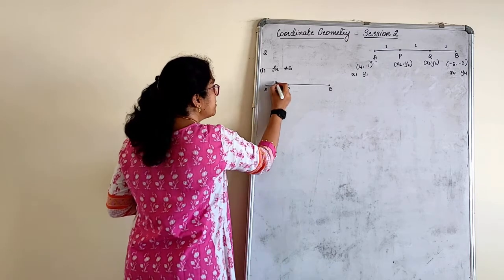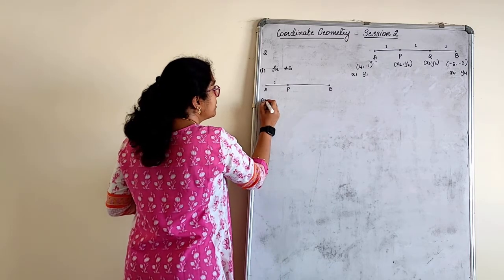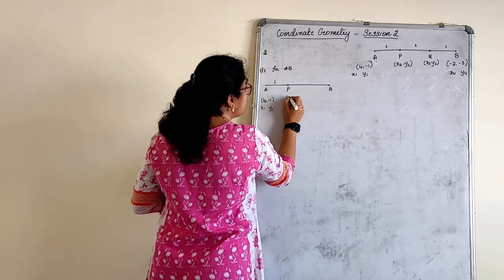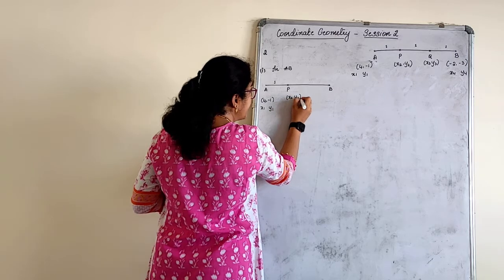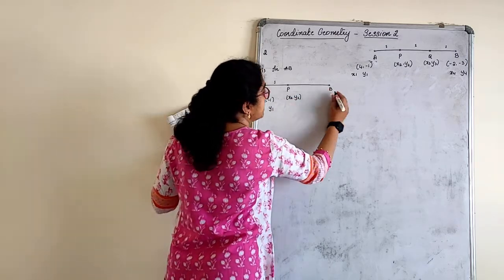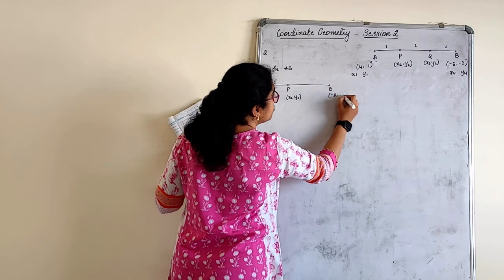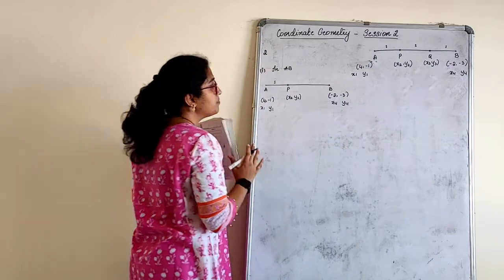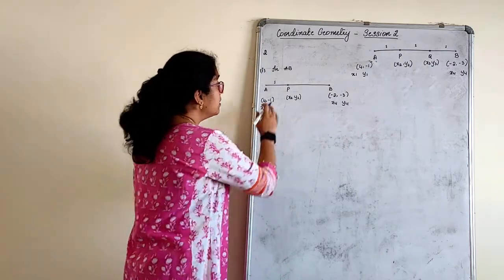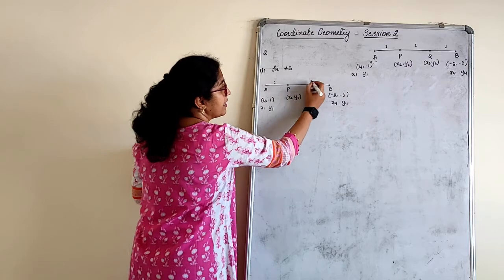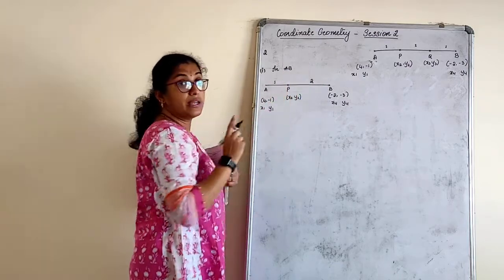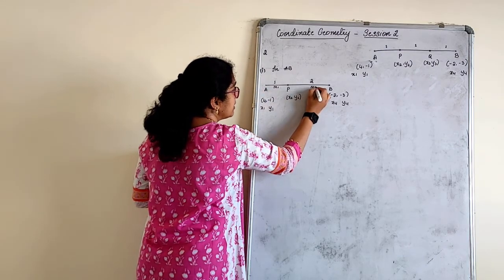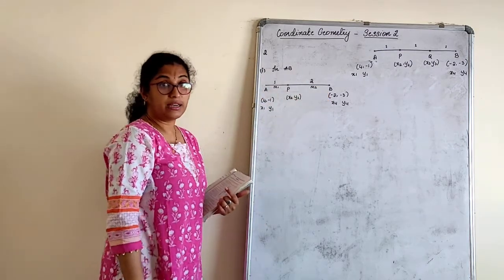So what is the A point? It is 4, -1, which is x1, y1. What is it for P? It is x2, y2. Keep it as it is. What is it for B directly? It is -2, 3, that is x4, y4. Okay, keep it as it is. This is 1. What is it dividing in the ratio? 1 to 2. So this is my m1, this is my m2. Very clear how I have written?